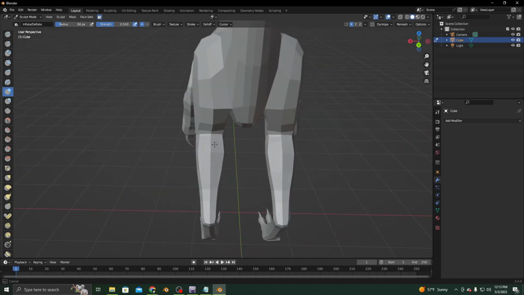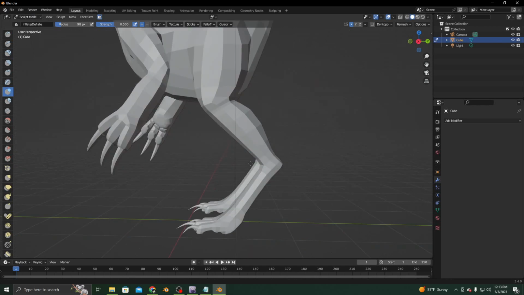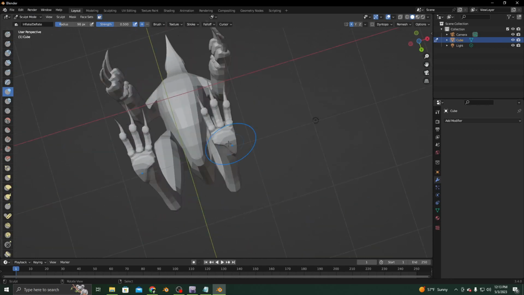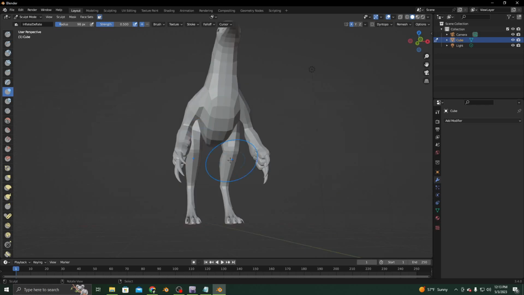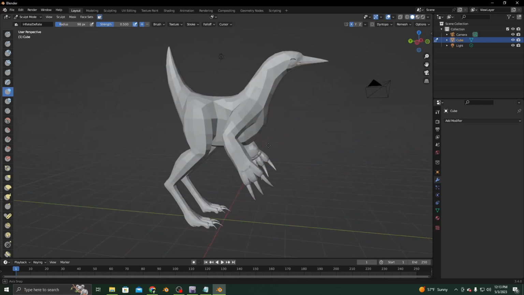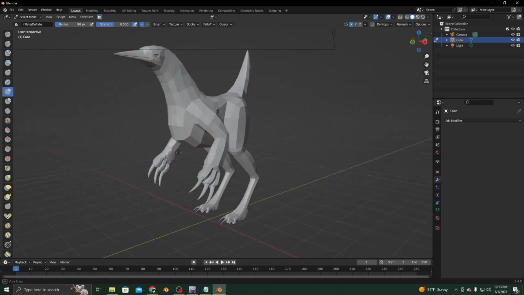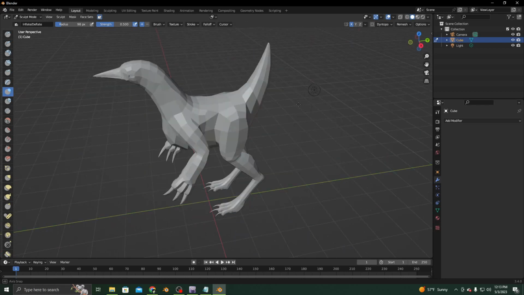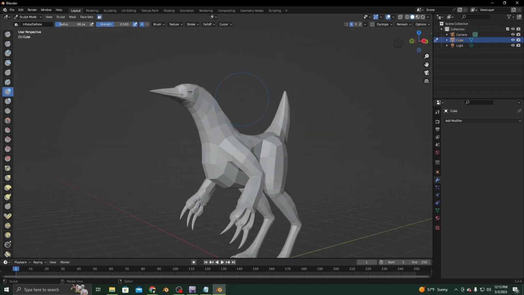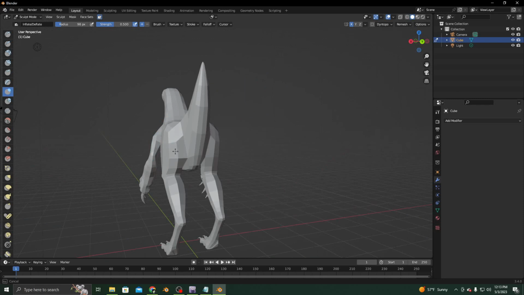And same with the calves. Maybe even with the feet. And the chest. Bird chest time. Maybe the tail wants some fattening up. We're just going to make it look like it actually has